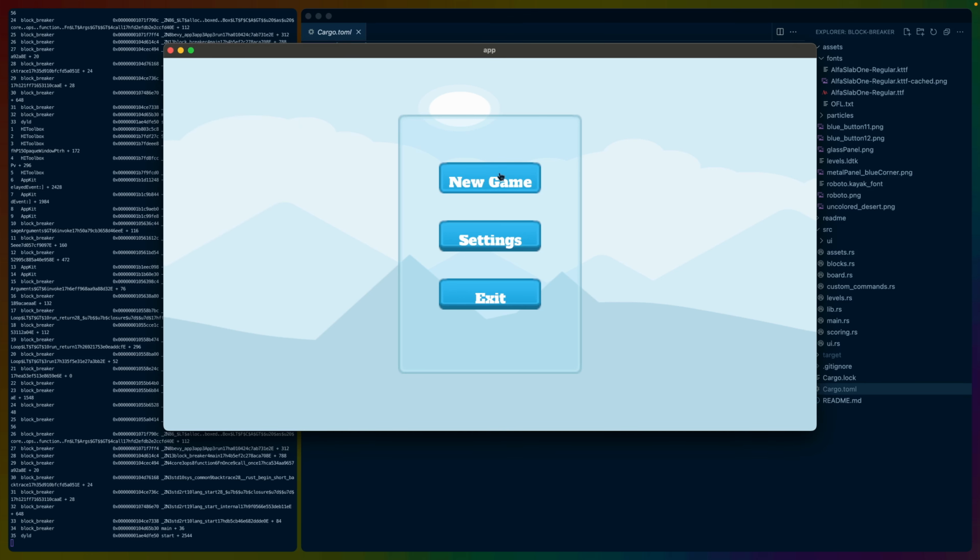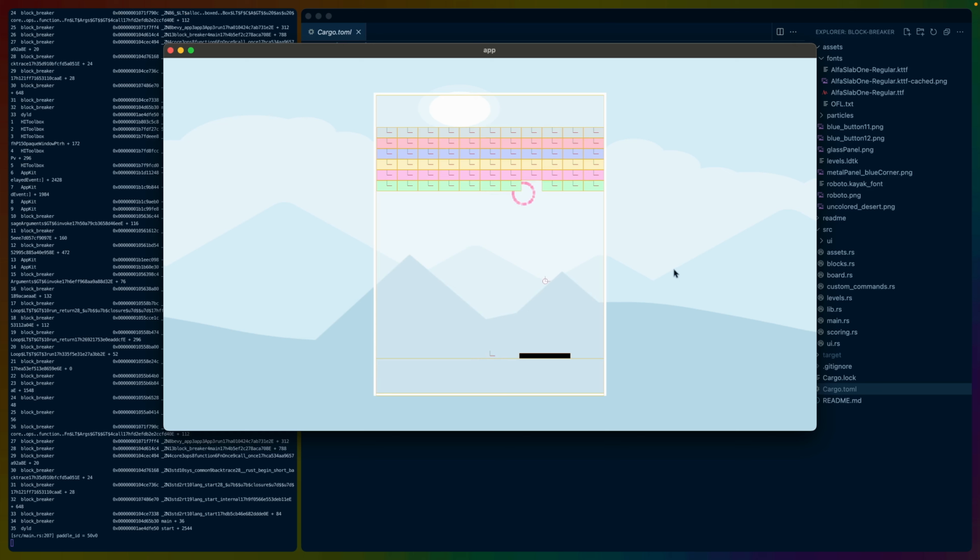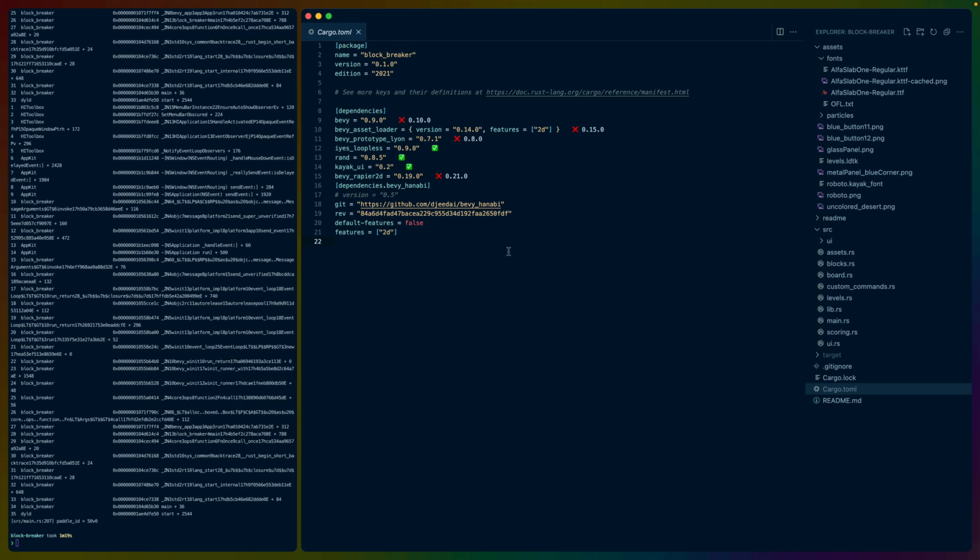That said, this is a block breaker game. It's got a couple of buttons and a menu. You start the new game, the ball goes up, it hits the blocks, the particles hit whenever it hits anything else. This is Bevy Rapier 2D, Bevy Hanabi. It also uses IS loopless, which is going to be really interesting for the upgrade because Stageless is now in. So let's get rid of that and let's take a look at what this project is using